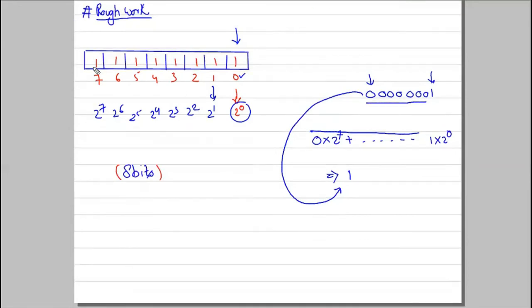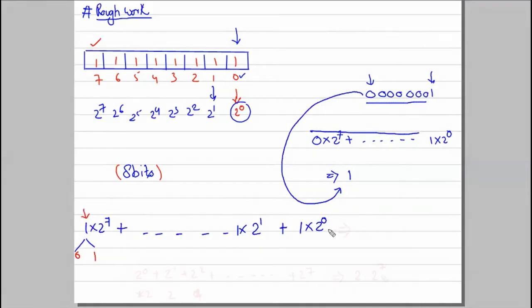Okay, let's talk about this bit format now. So we are saying that 2 to the power 0 is 1. Okay, that is what you are trying to say, right? So you are saying this bit is present, 2 to the power 1 is also present. Okay, and at the end 2 to the power 7 is also present. I hope you understood this. We have two choices, right? It can be 0 or 1. In this case it is 1, then we have to choose it is present,